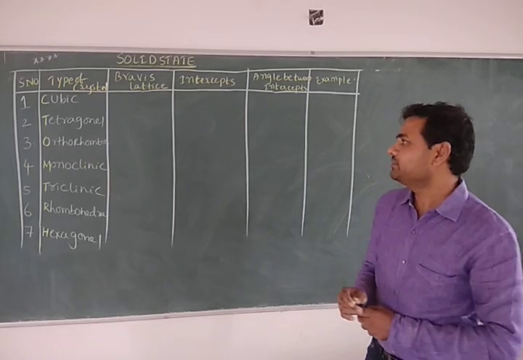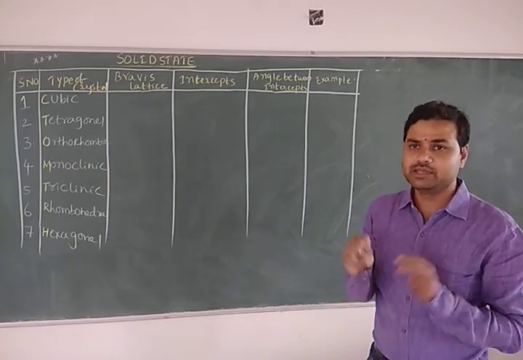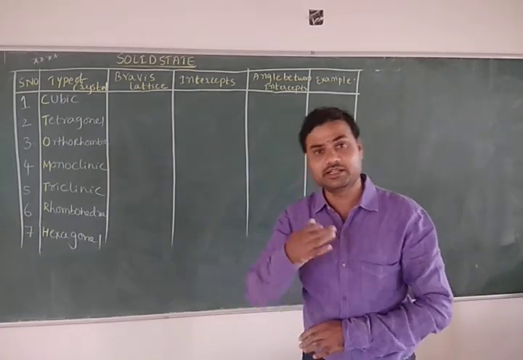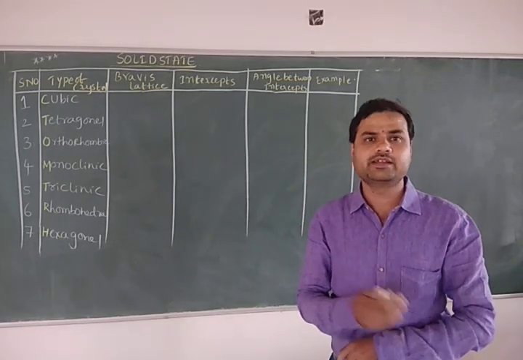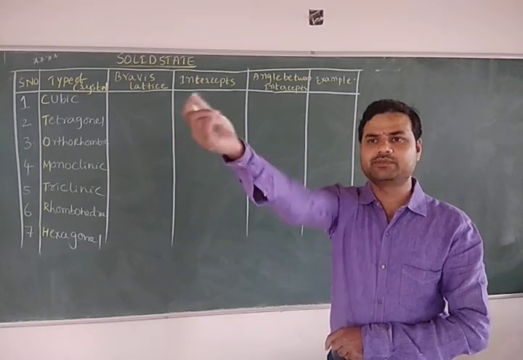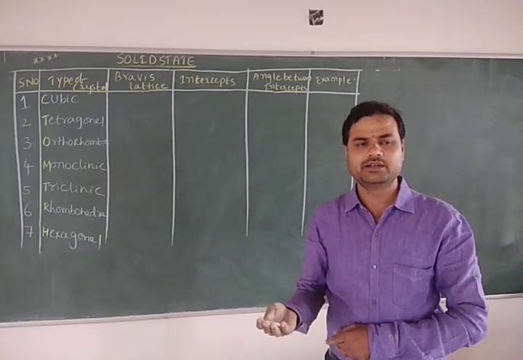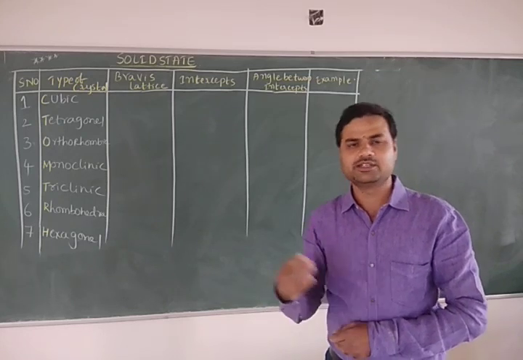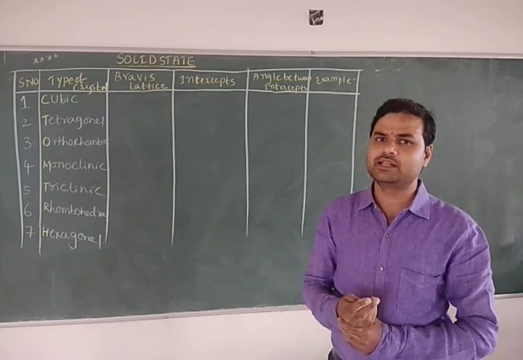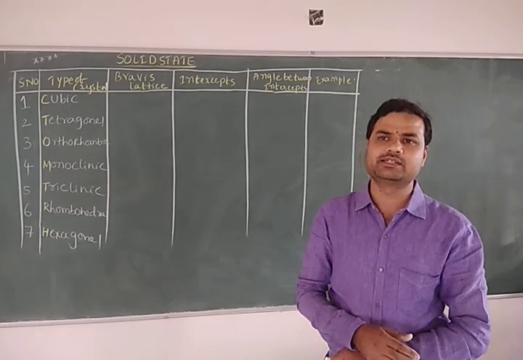Now these 7 types of crystal systems are again classified into the Bravais lattice. Bravais lattice means what? Means 7 types of crystal system can be arranged in 14 ways. How can we arrange the 14 ways? You know the types of the unit cell, right? You can arrange the unit cell in the simple cubic manner, or body centered, face centered, or else you can take end face centered also. So based on that arrangement, the unit cell classification we have clearly discussed.